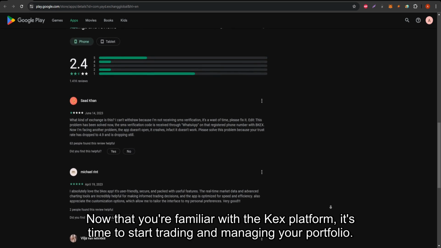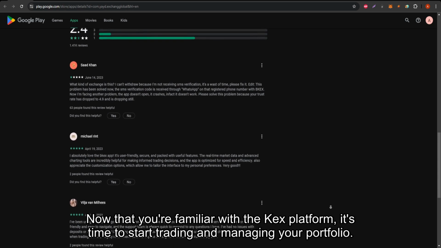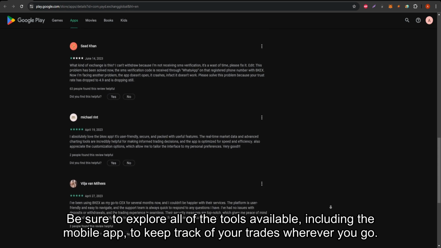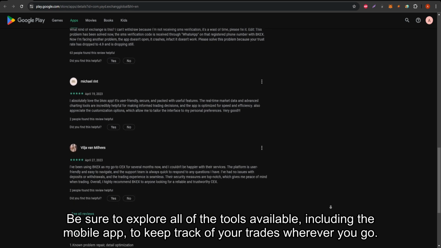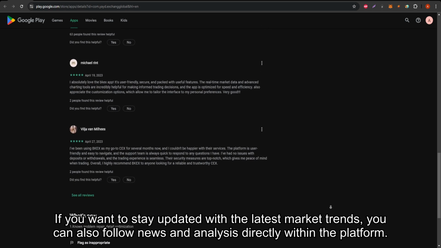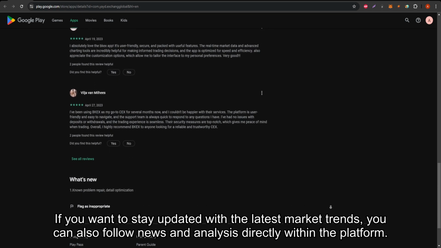Now that you're familiar with the Bkex platform, it's time to start trading and managing your portfolio. Be sure to explore all of the tools available, including the mobile app, to keep track of your trades wherever you go. If you want to stay updated with the latest market trends, you can also follow news and analysis